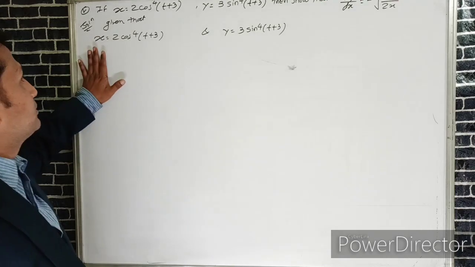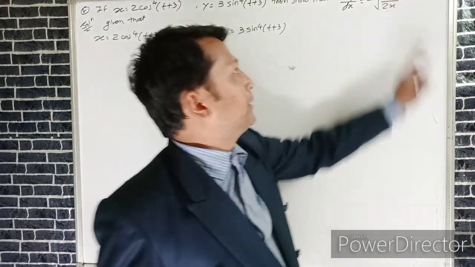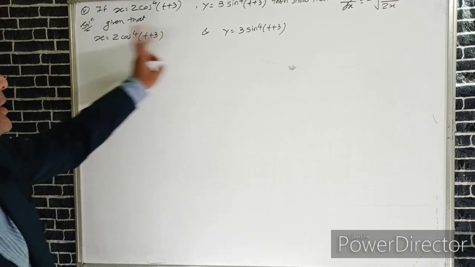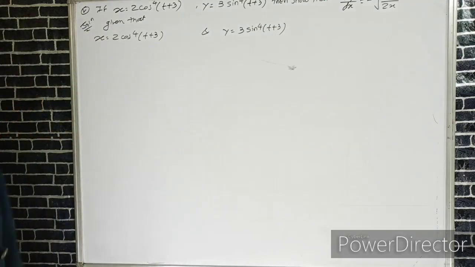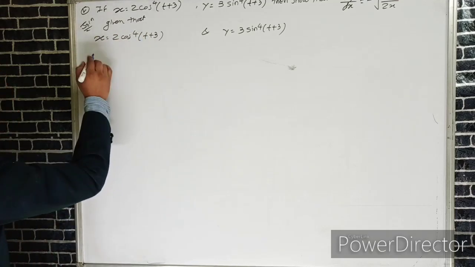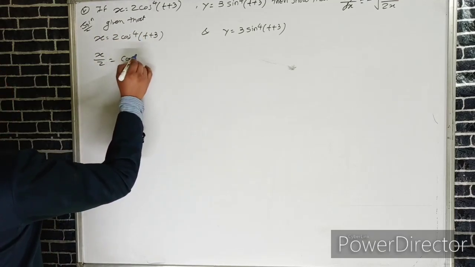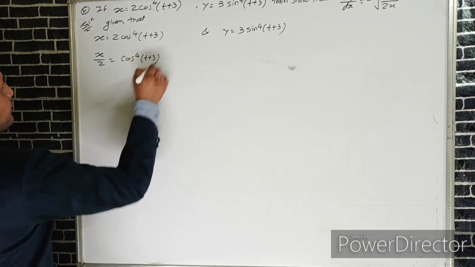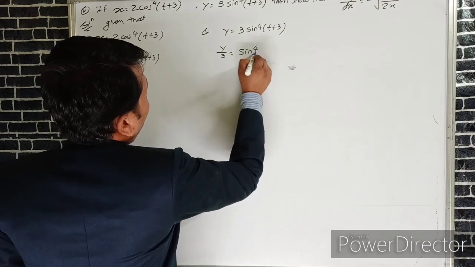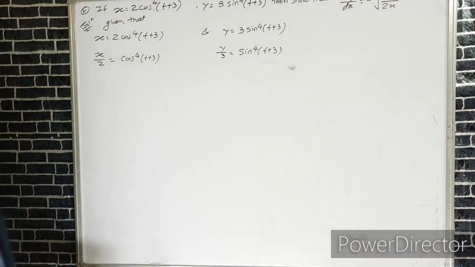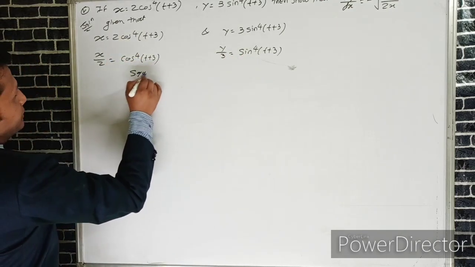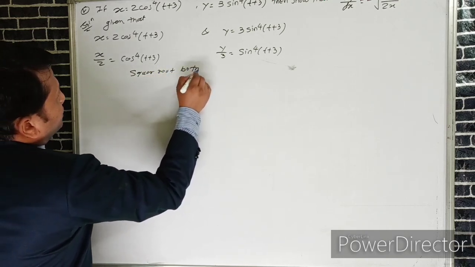Here also we prove that dy by dx is equal to minus under root 3y by 2x, and the given function is x equal to 2 cos raised to the power 4 t plus 3, and y is equal to 3 sin raised to the power 4 t plus 3. If we differentiate, first we take this to the left side, we can write x by 2 is equal to cos raised to the power 4 t plus 3, and y by 3 is equal to sin raised to the power 4 t plus 3. Now again, taking square root on both sides,